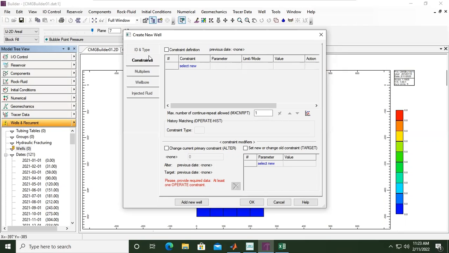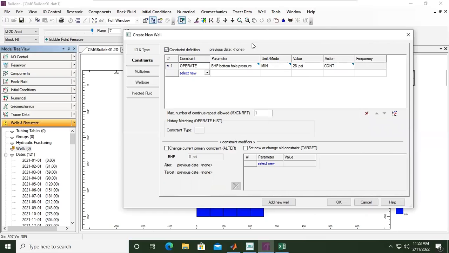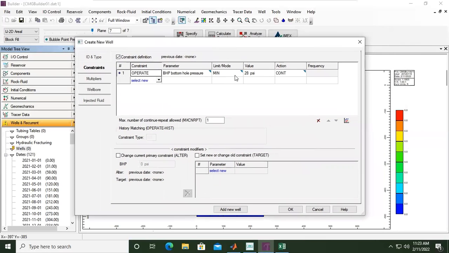So the CMG simulation will not exceed the maximum flow rate. So we will set the constraint. Check this one, and I will only have one constraint, and I prefer bottom hole pressure. You can set the minimum, but I prefer to open the drop down menu, or yeah, I only have minimum, sorry.